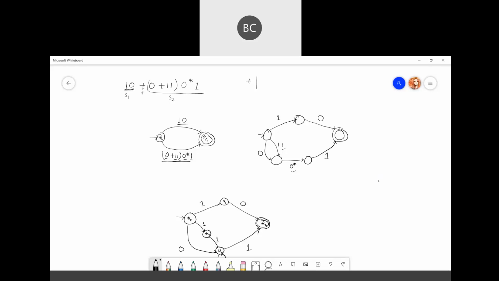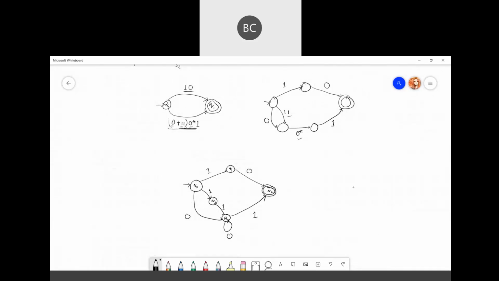For 1 0 it will be consecutive 1 and 0. Okay, next you have to expand this part. So for here also, since there is an OR part, from the initial state it will have two paths, one for 0 and one for 1 1 part. Then you keep rest of the things like 0 star and 1. Then you expand it again. The process is same. Since consecutive ones are there, there will be two states, 1 and 1. Okay, and 0 will remain same from here to here.